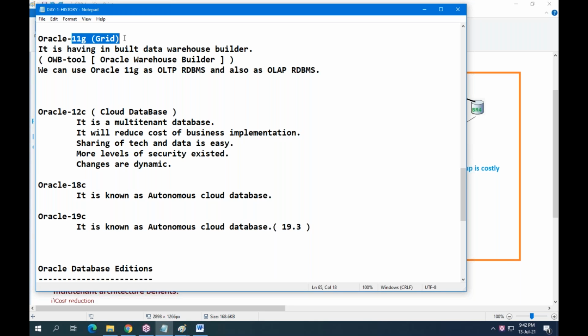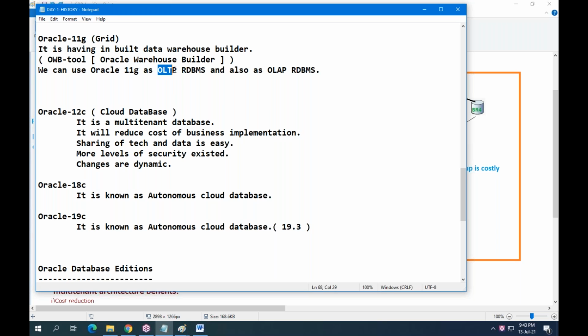But from the 11G database server onwards, you can use 11G as an OLTP database server and also as an OLAP database server. You can set up Oracle as an OLTP RDBMS as well as an OLAP RDBMS.